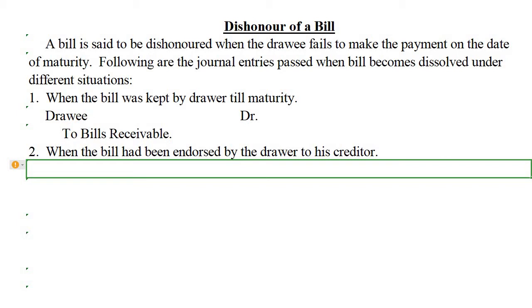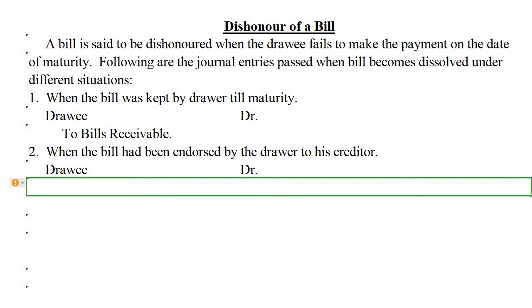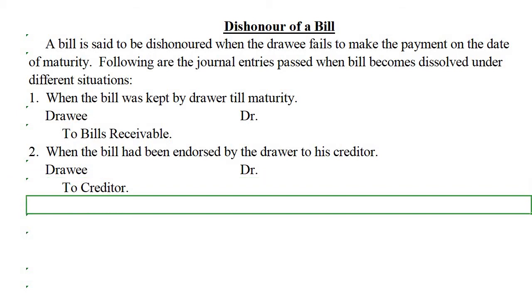To the creditor. So we will write the journal entry drawee debtor to creditor, because now the bill is with the creditor. So the drawee has to pay the money to the creditor when the bill is endorsed to the creditor of the drawer. Then third case,